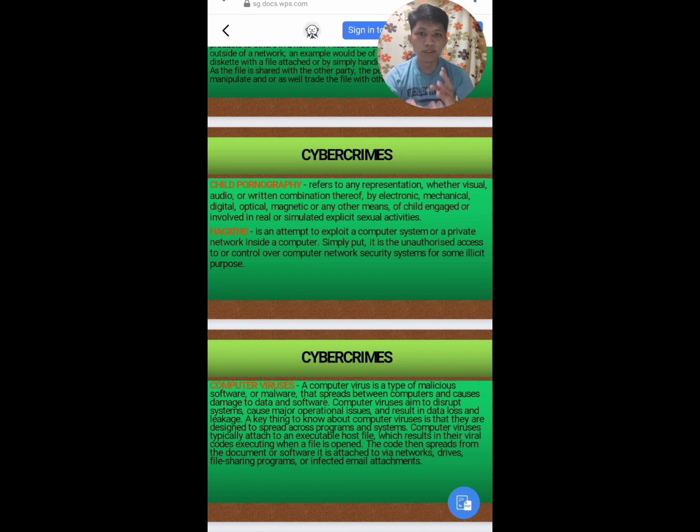Computer viruses are typically attached to executable host files, which results in their viral code executing when a file is opened. The code spreads from the document or software it is attached to via network, drive, file sharing programs, or infected